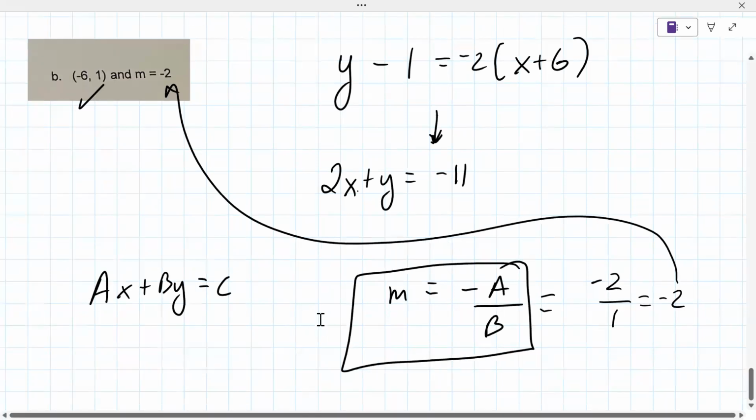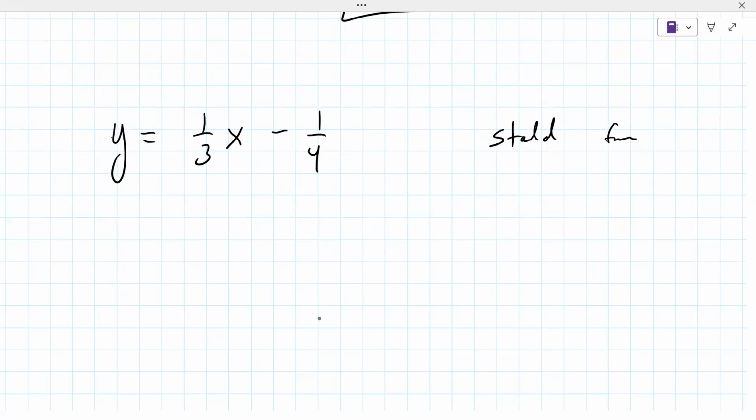Now we didn't really look at a problem like this, so I might as well throw something like this at you. I'll just make it really difficult to start out and see if you've got it. How do you put this into standard form, or what is the standard form of this one? I have to find a common multiple. It's probably like 12. Yes, that would be best. And then